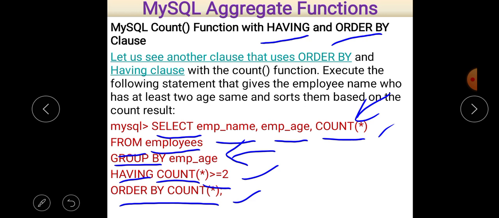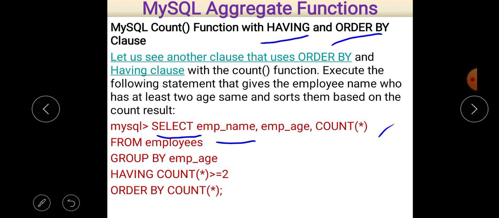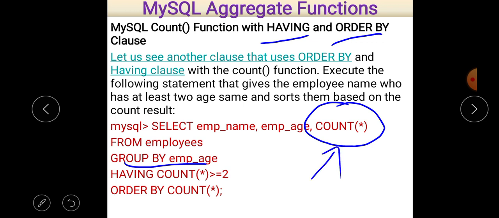So this is a very important point. First of all, aggregate functions are used with the group by clause. You can use any aggregate function, but in this lecture we only discuss the aggregate function count. So our discussion is basically focused on the count function.